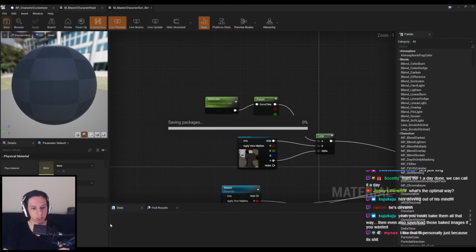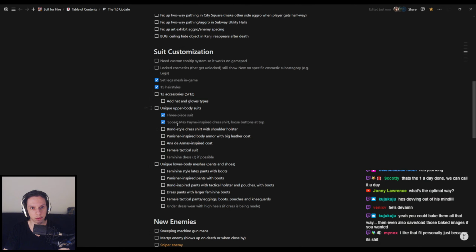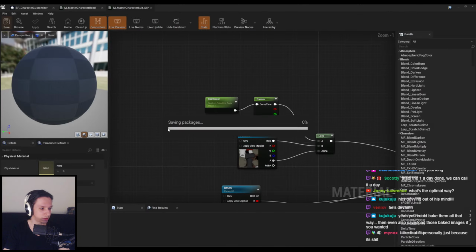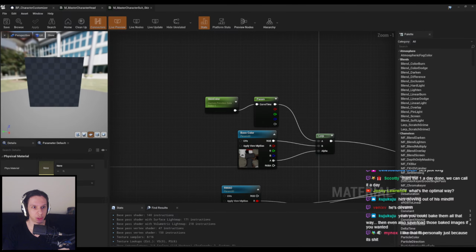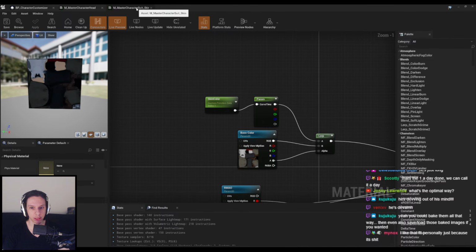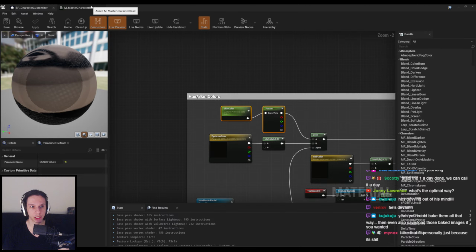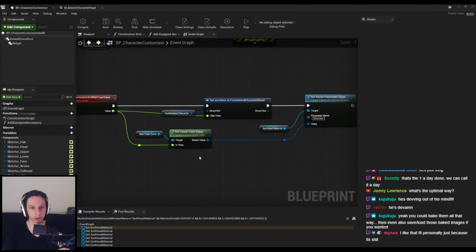I'm going to have to fix the skin in-game as well. That'll have to be something I do as well. Yep. This is a good change. I think this is a very good change. This is a fantastic change. Incredible change, actually. So now what we have to do is